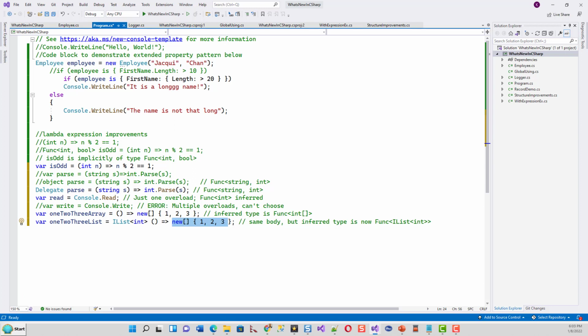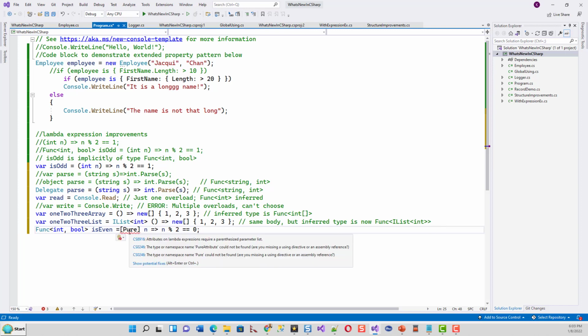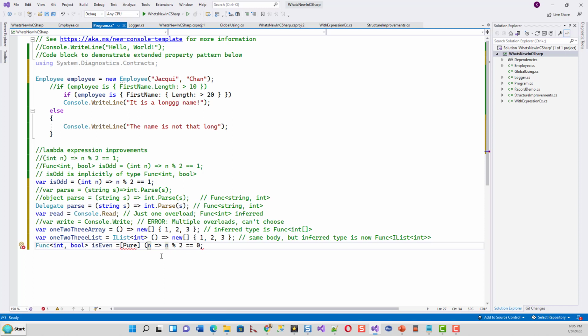and then thirdly, apply attributes to lambda expressions. So how can you do it? This is purely for metadata reasons. You might assign an attribute. Attributes on a lambda expression require a parenthesized parameter list. Okay. So this will be all right if I parenthesize it with a pair of parentheses. That's all right. So a pair of round braces makes it work. Okay, so the squiggly line is gone. So this is also one of the improvements, adding the ability to add an attribute. Okay,